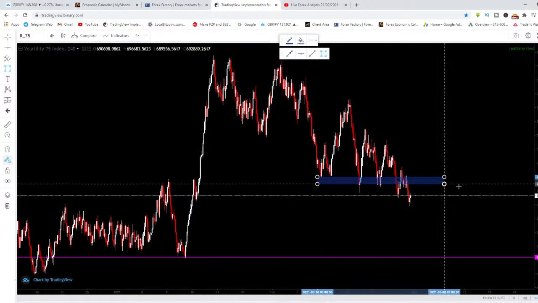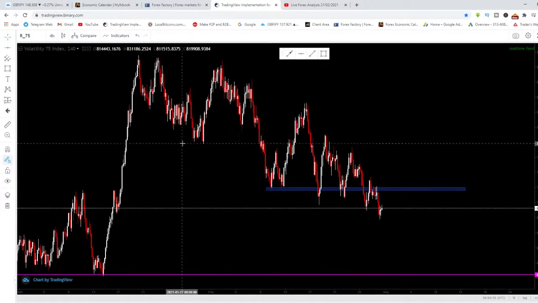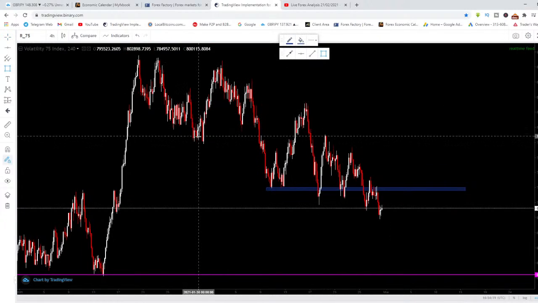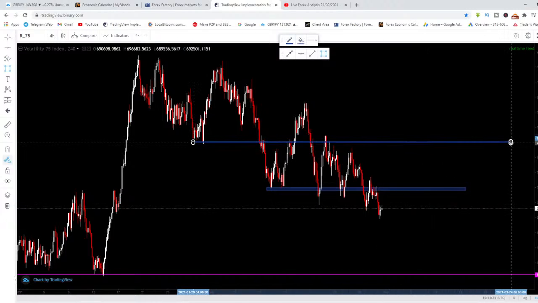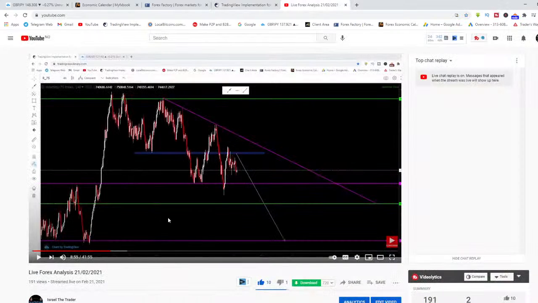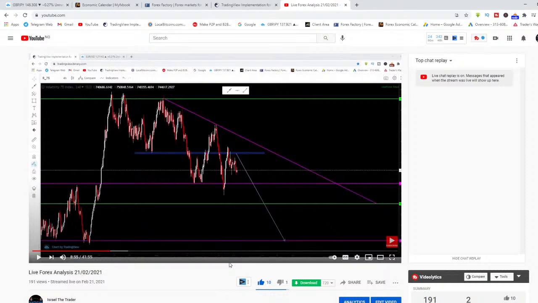So now you see this level again. This is another opportunity for us to wait and sell the market. This was where the market was last week, where I marked out right here. You see it? I marked it out, right? So you can still reference it and understand exactly what I'm talking about. So yeah, right now, what exactly is going on with volatility 75? I'm seeing a sell, guys.